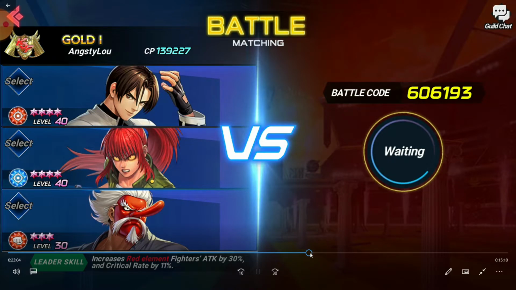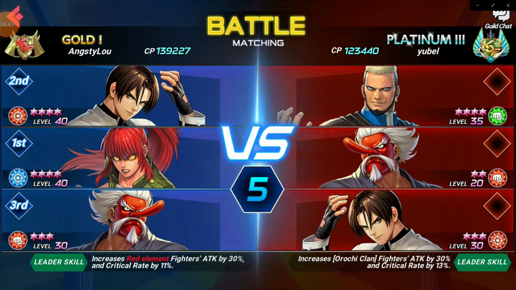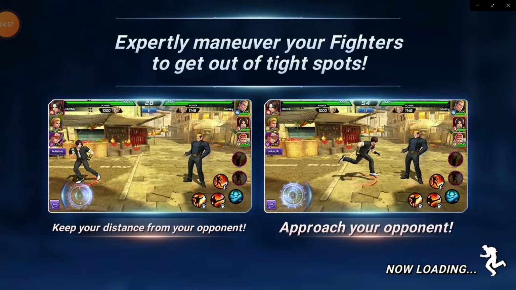Next match. I ban Zero. And he chooses Mr. Karate. So for this one, I lead with Leona for some reason. And they get the Leona versus Neskio draw. This is favorable to Leona. Let's see if I